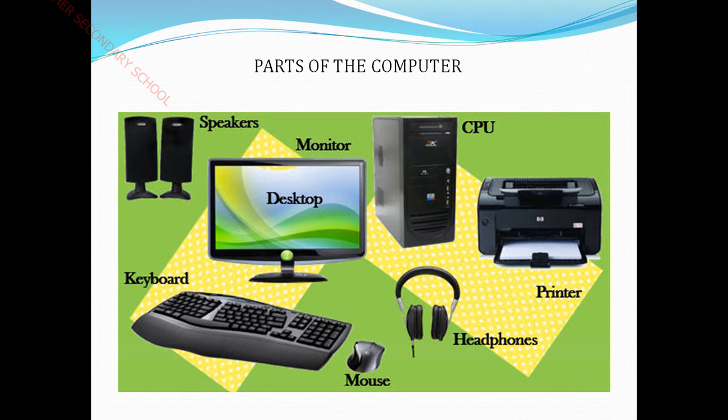Okay. So, next one, speakers belong to output devices. So, what is the purpose of the speaker? The speaker produces audio output. So, next one, headphone. What is the purpose of this headphone? You might be seeing it at your home or wherever. It is used to produce audio output but without disturbing others. So, next one, printer. The printer is an output device. So, what is the purpose of this printer? We are able to take prints with the help of this printer.